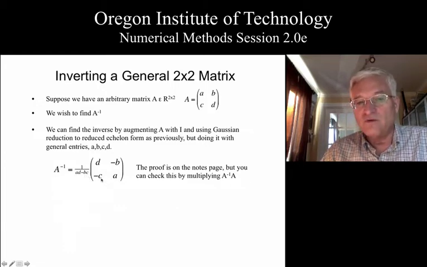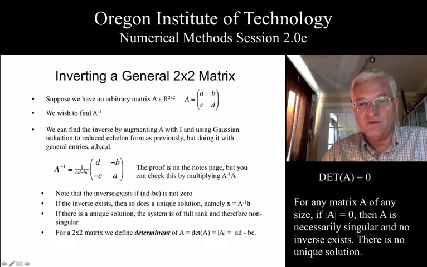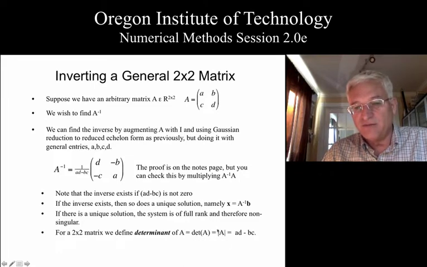Everything else is going to work, which means that a criteria for an inverse to exist, along with being non-singular, is that its determinant must not be zero. And those end up becoming what we call equivalent statements. The determinant is noted as det(A), or you can take the matrix A and put vertical bars on either side of it, which is another equally good notation for the determinant. Be a little careful though, this does not mean absolute value. Determinants can be negative, so this has nothing to do with absolute value. This is the determinant process that we're using.